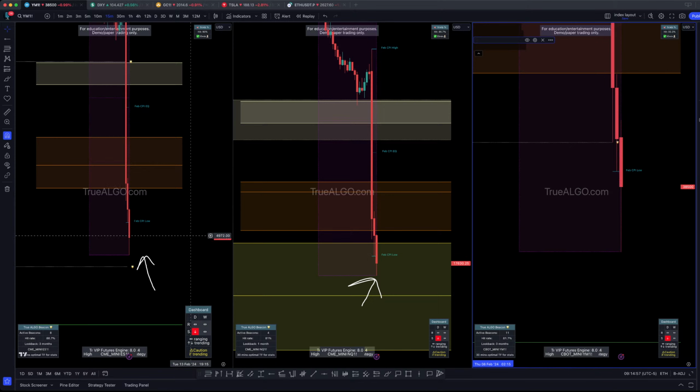So yeah, man, and now you just get to see the very next candle. It doesn't matter if you miss CPI when you have True Algo. Look at the very next candle. It closes below, and let's say you miss that candle. If you're someone who struggles to go candle to candle to candle, which is what matters, by the way, because that's what you do in live environments, then look at the very next candle. And there's your bearish close.